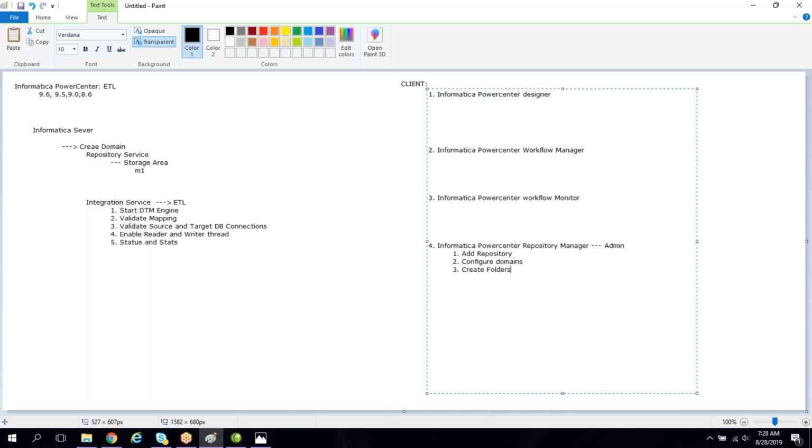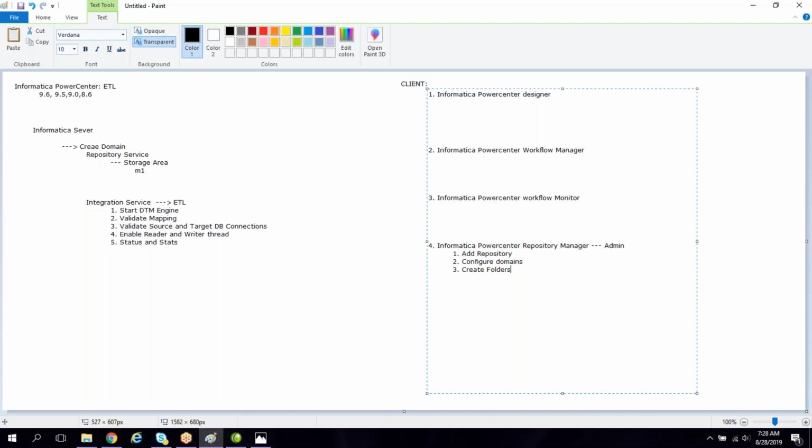But in our systems, we have not created any user. By default, we are going to use the same admin user. Once the repository is added in the Repository Manager tool, that repository will be reflected in the other client tools: Designer, Workflow Manager, and Workflow Monitor. With that, the installation would be done.